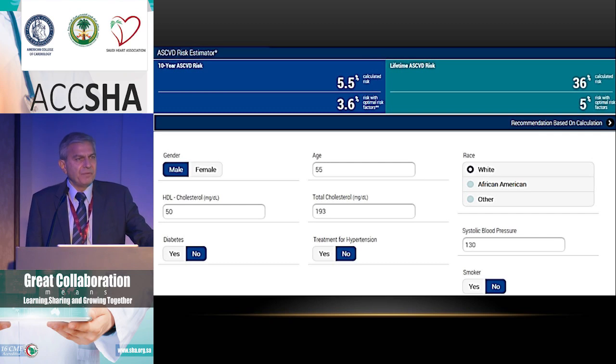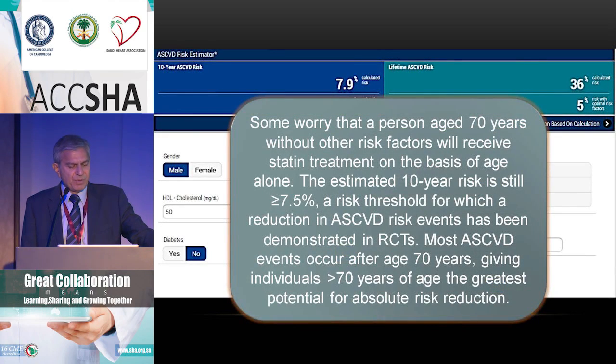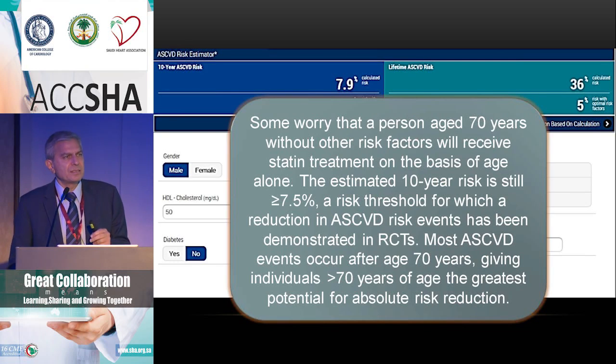Then it's 5.5. Okay, he's sort of on the borderline for the moderate intensity or low intensity statin. But I want to take it a step further. This picture perfect person, who's very healthy as per all these parameters, I change now the age to 59. And everything else, HDL is 50 and everything else is fine. He's 7.9. He needs to be treated. So I'm bringing that up to your attention only because this is where the guidelines take us.